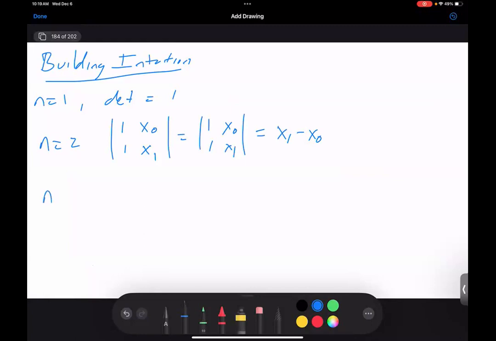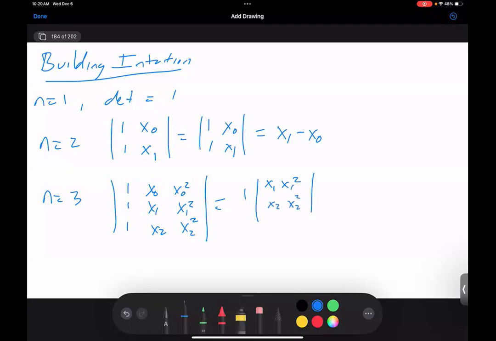All right, so let's look at n equals 3. So we'd have 1, 1, 1, x0, x1, x2, x0 squared, x1 squared, x2 squared. How do you want to expand this? I would probably expand around the ones. And so if we expand by ones, it would be 1, and then x1, x1 squared, x2,